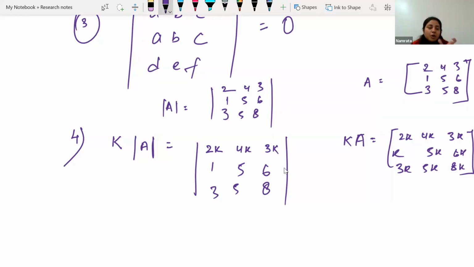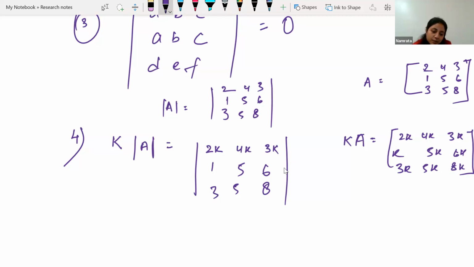See, this property we will also be able to apply when we do row operations and column operations, when we make any of the rows 0 or something. Then this type of property we will be applying over there. We will be discussing that concept also. So from here we can say,